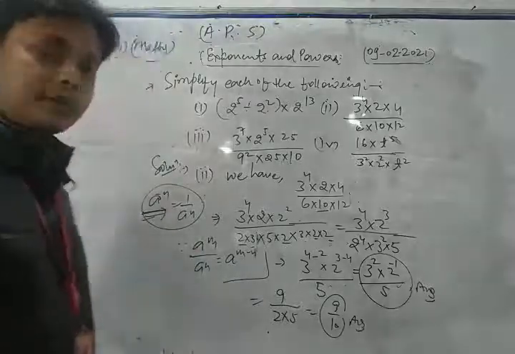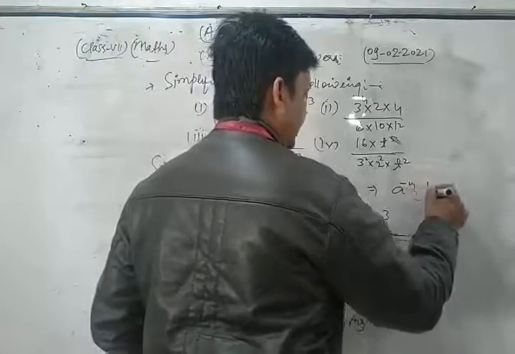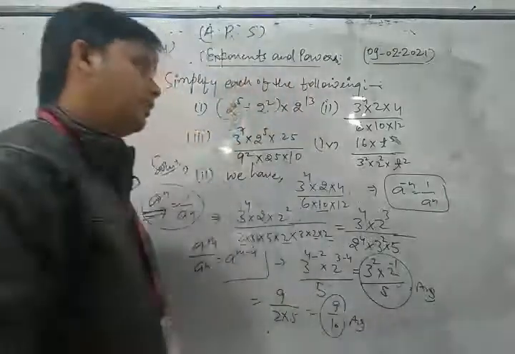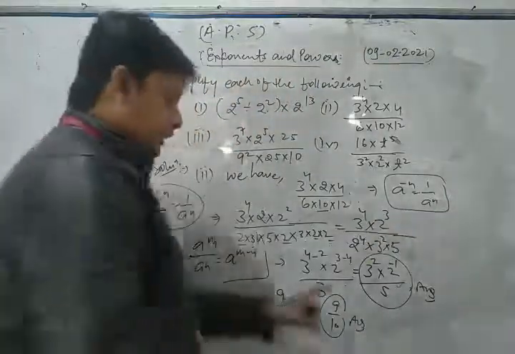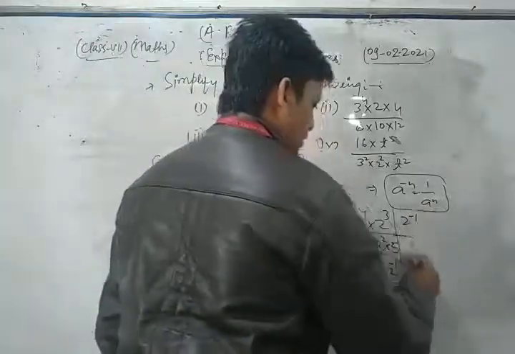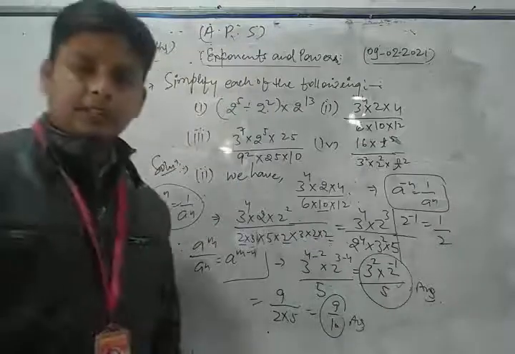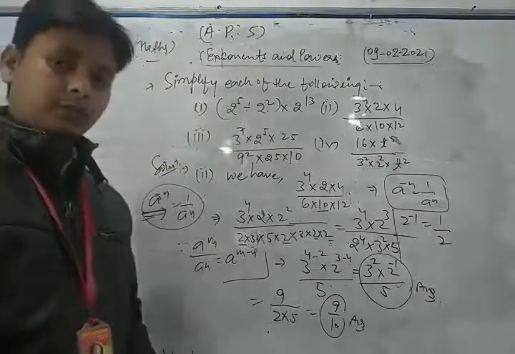So please note down, dear student, if anywhere we have a to the power minus n, then we write a to the power plus n. This is also a very important and basic law of exponent. Please note that result. Similarly, here if we have 2 power minus 1, so we can write 2 power 1. Okay. Now we take and solve the third part of this question.